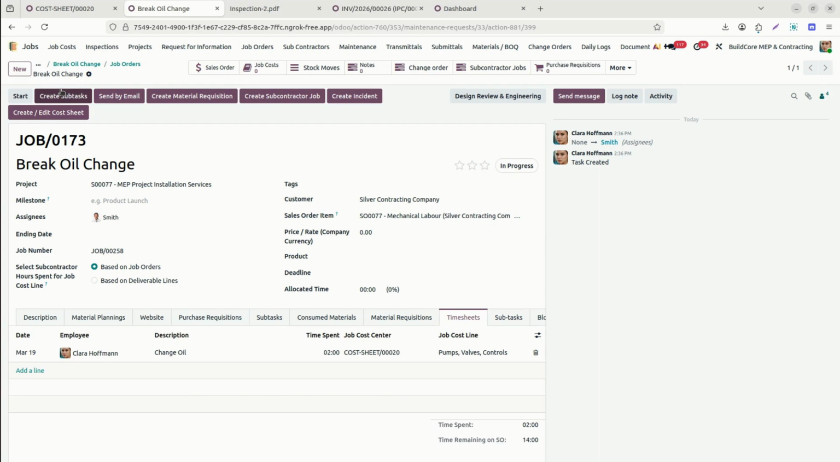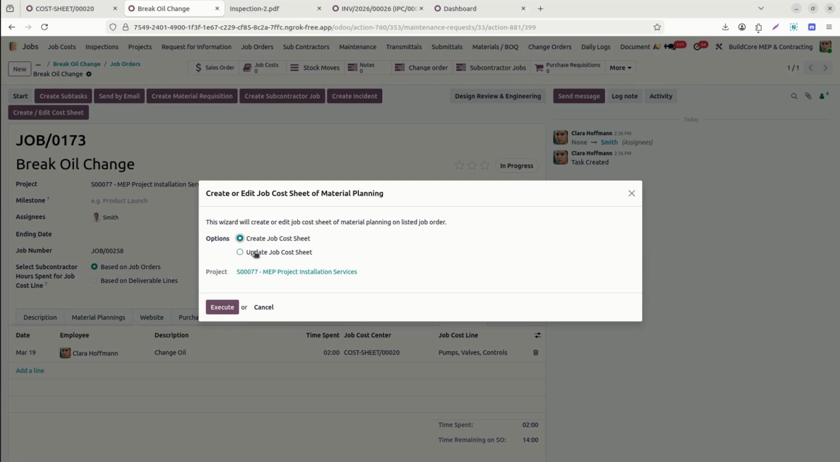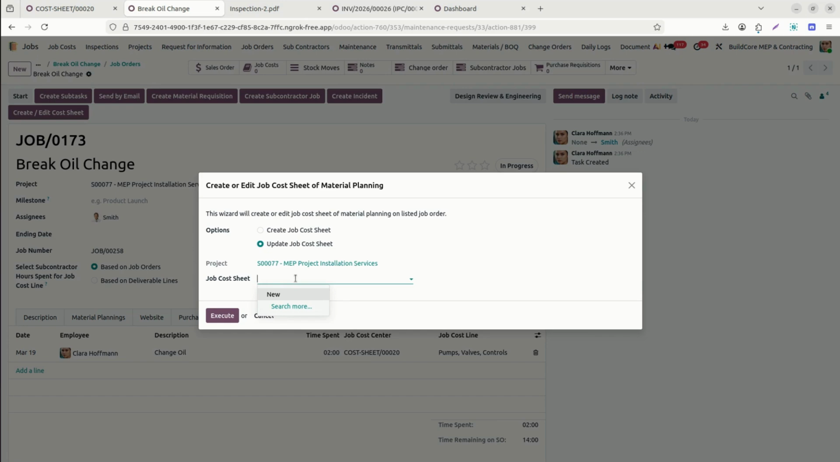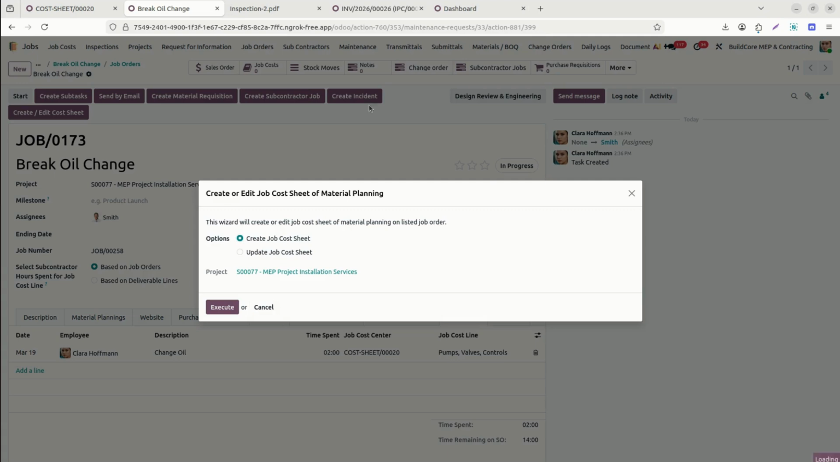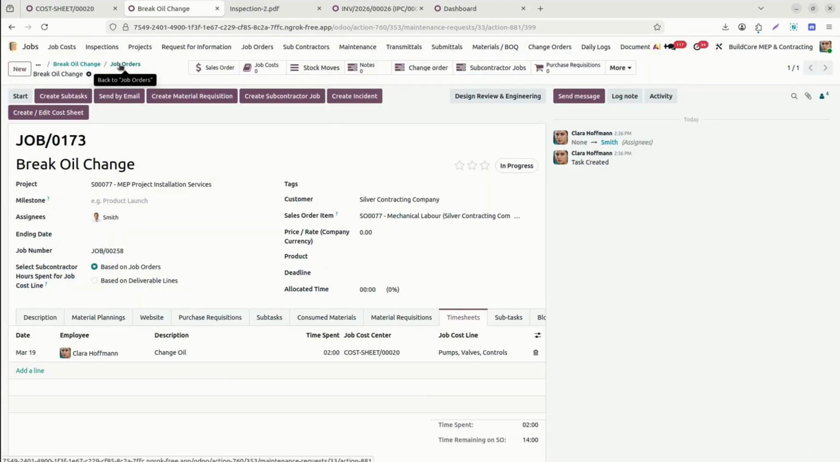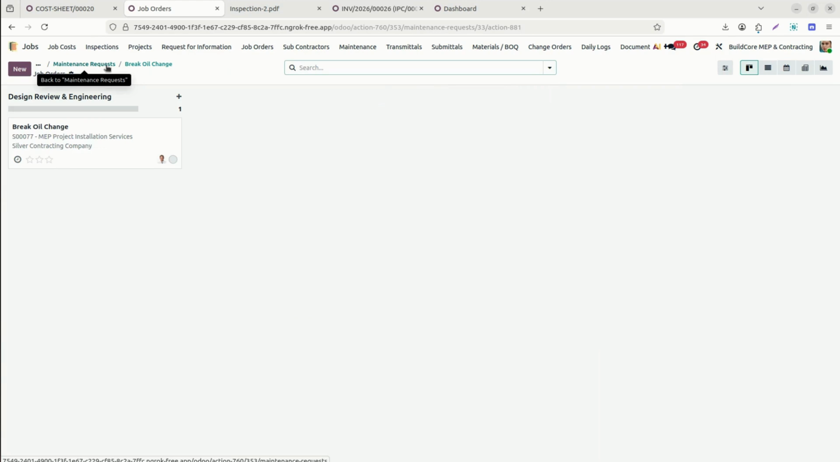Now here we already reviewed all the details. Let's go ahead. If we wish to add under the cost sheet, we can also mark it here. We can create it, or we can link it with a cost sheet that is already available. We already saw all these details. Let me go back to the